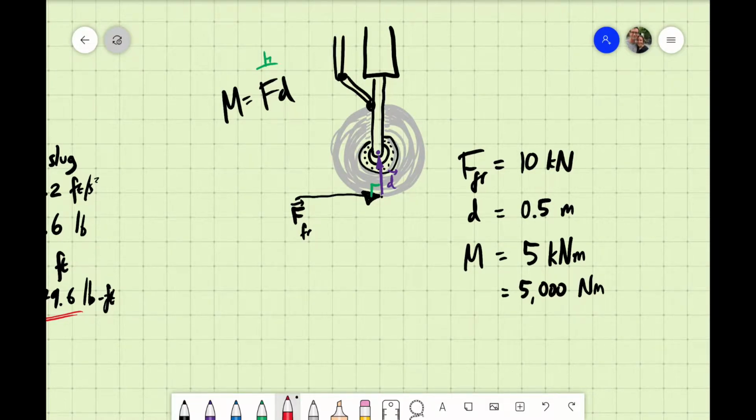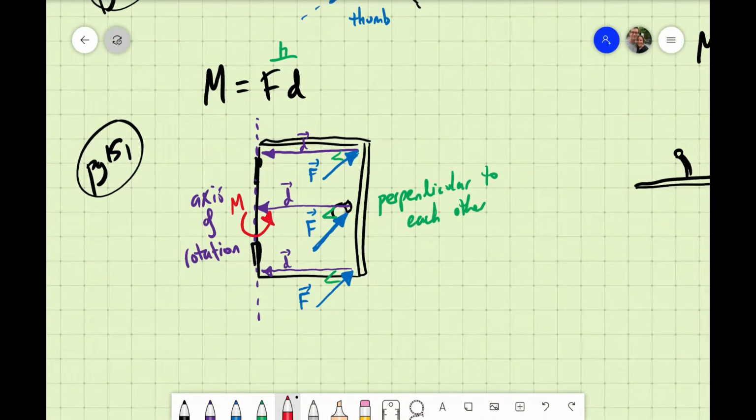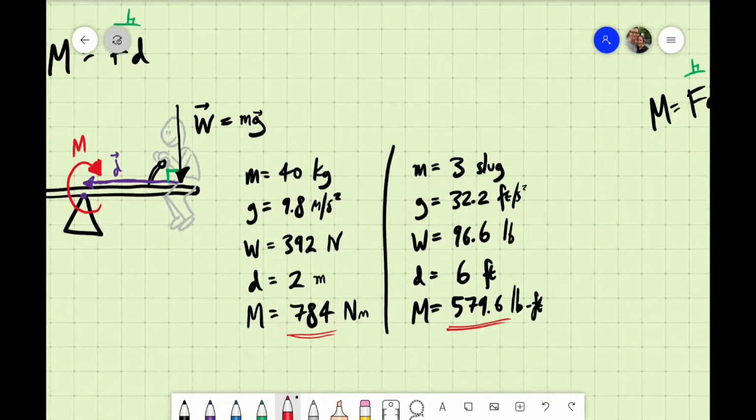If I show that now, I would show that moment with the curled arrow like this. It's a 5 kilonewton meter curled arrow right there, centered on that center of rotation, pointing in the way that we're expecting that wheel to spin. With a little bit of thought, you can see why I picked that direction and not the other. Okay, so there you go, three examples of how moments might appear in everyday examples: doors turning, children on seesaws,